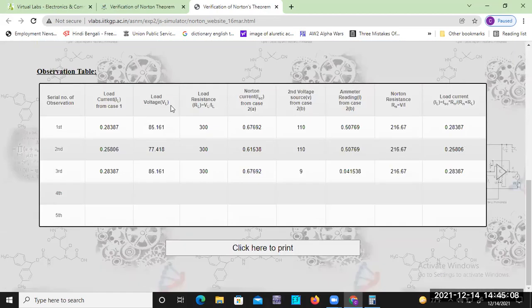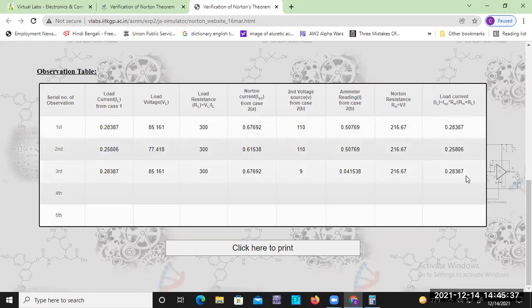It was fixed. So from this data, you can decide that these resistances are independent, not dependent on the other voltage. So this is the main motive of these things, and you can see that ultimately the short circuit current is also the same. This is the Norton current ISC. It was the same, and your resistance is also the same. So you get the load current.